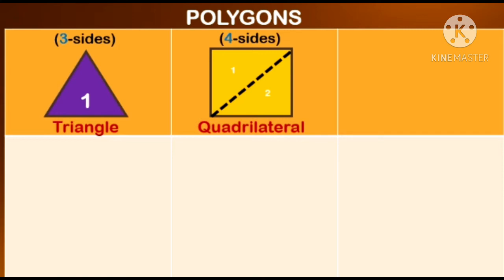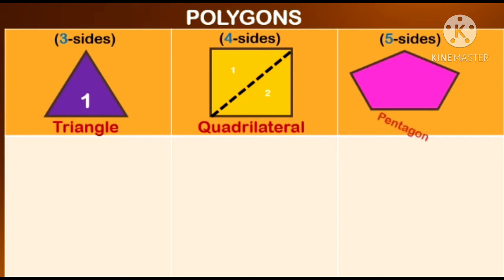Again, what do we call a five-sided closed shape? Yes, you all know it's a pentagon. We know a pentagon has 5 sides, 5 vertices and 5 angles. Here, taking a vertex and joining it with the opposite vertices, not the nearby vertices, we can divide it into 3 triangles. That means a 5-sided closed shape has 3 triangles. That is number of sides minus 2. Here 5 minus 2 equals 3 triangles.